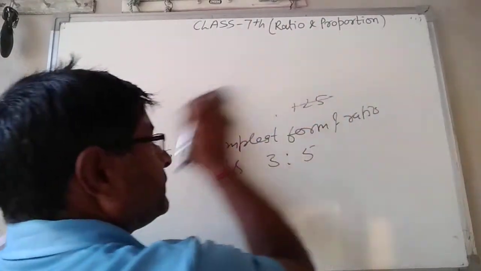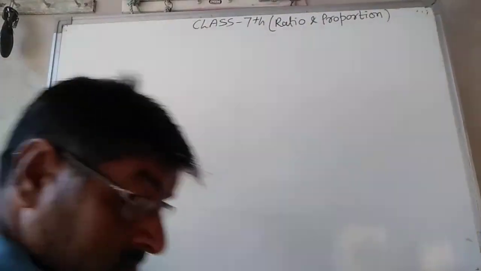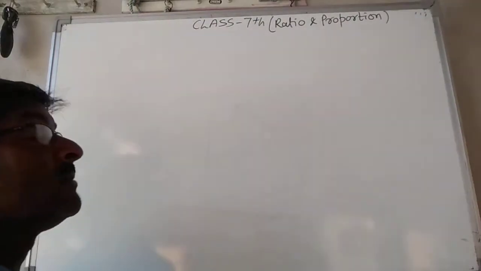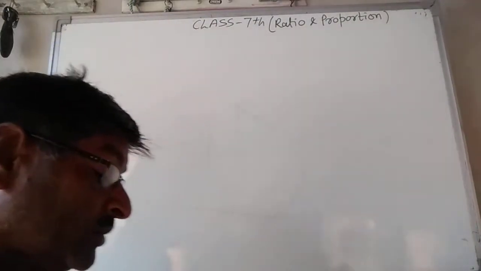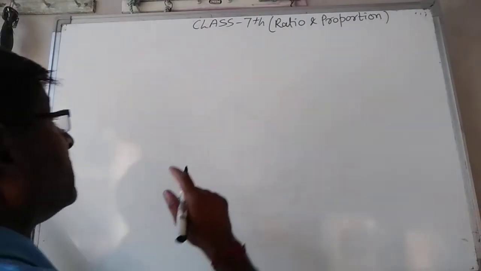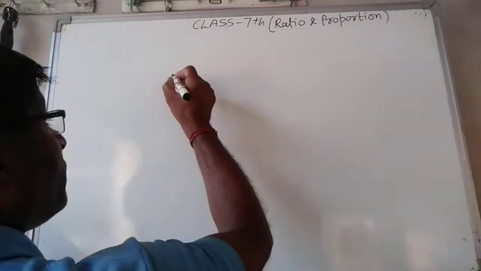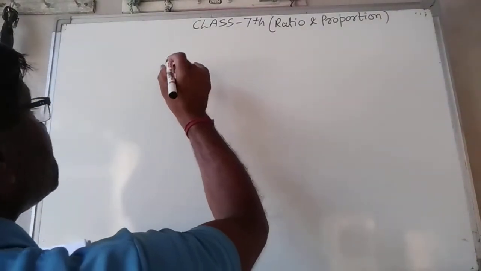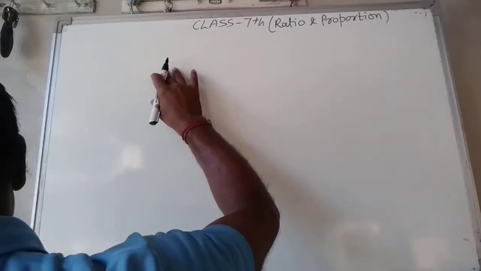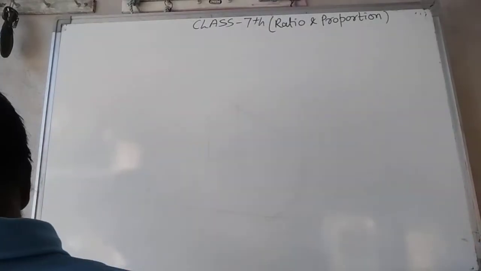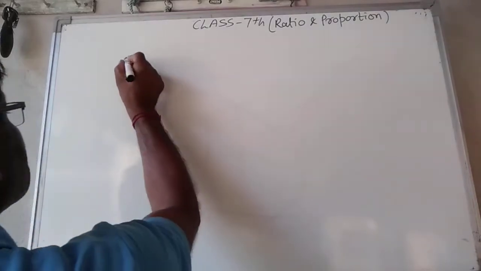Next example. The number by which we are cancelling is the HCF of both the numbers. So you can find the HCF of the first and second number, then you can cancel or divide both the numbers by the HCF of the two numbers.